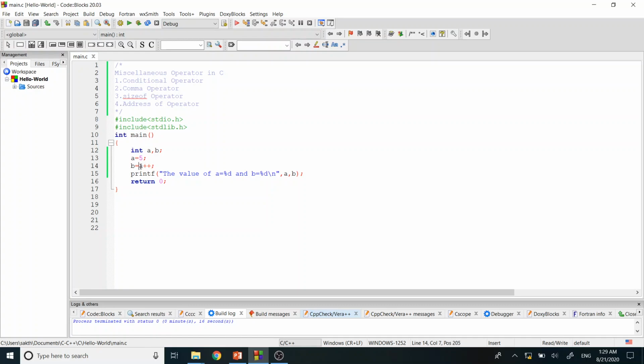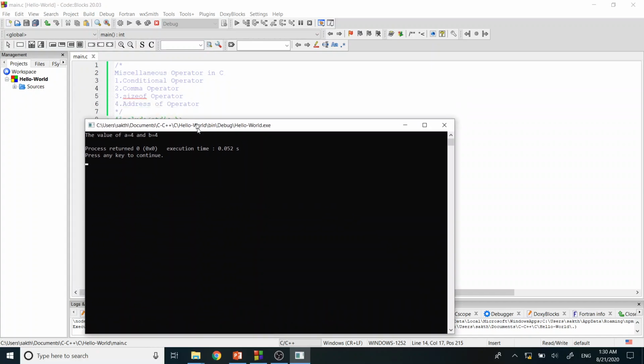Say I'm going to give an example here. Say I mention sizeof(a++) when assigning here, whereas here I'm going to modify the value of a by mentioning sizeof(a). Okay, so let me run the program again.